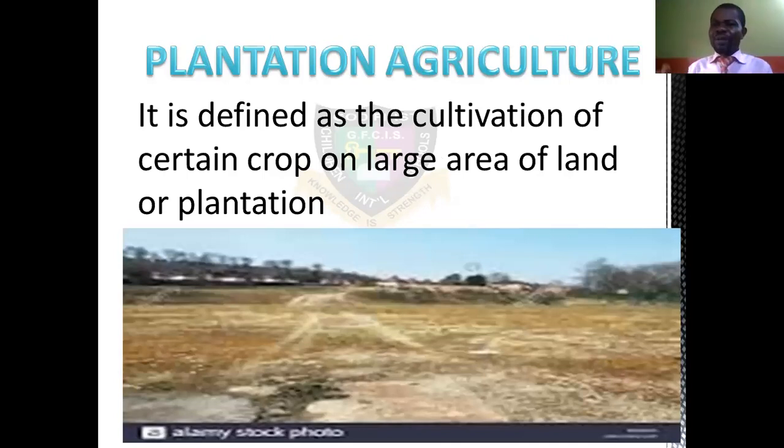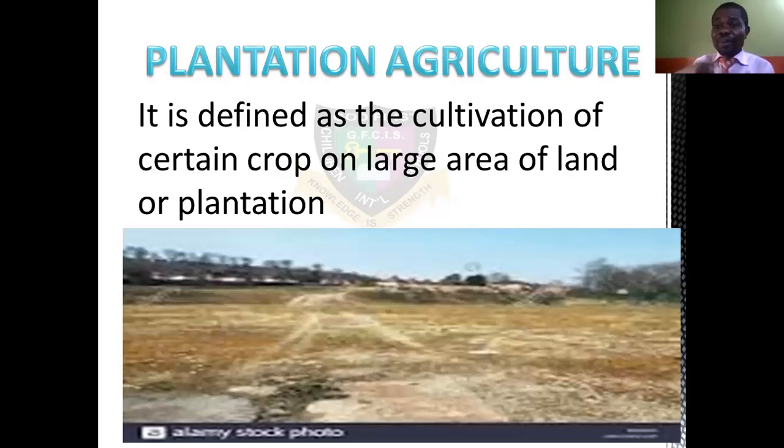It doesn't require, remember we talked about intensive agriculture, and in intensive agriculture we said you make use of a small area of land. That is why it is being drained. You plant on it and plant on it, you exploit the fertility of the land. You make use of it almost throughout the year. You continue planting because it is a small area of land. You could even rotate crops.